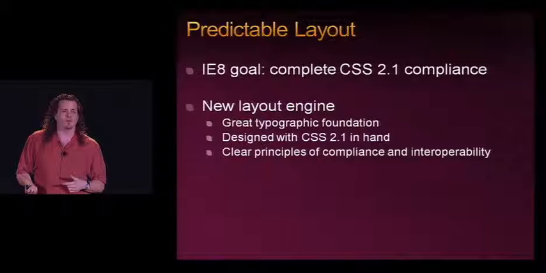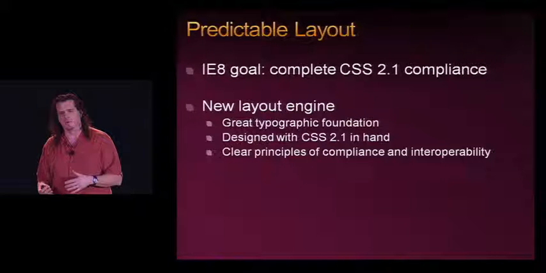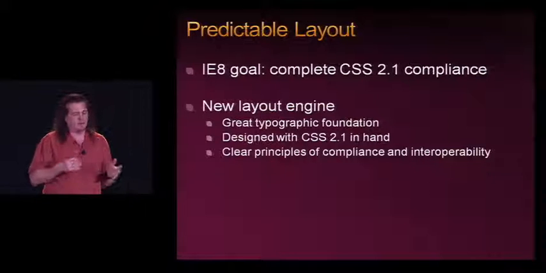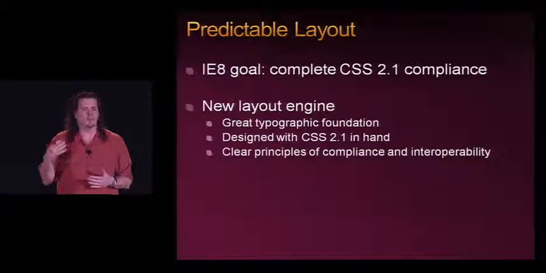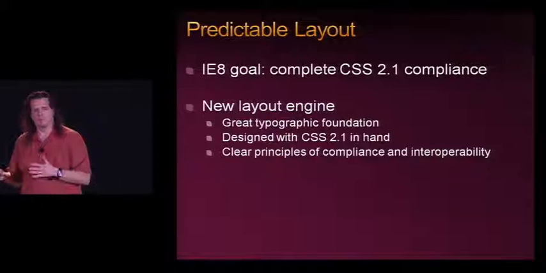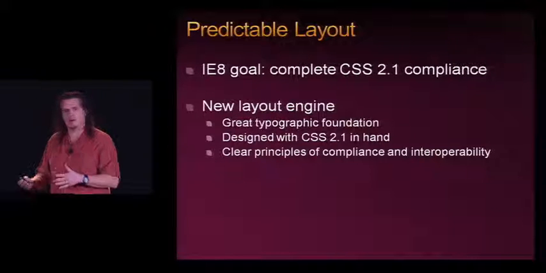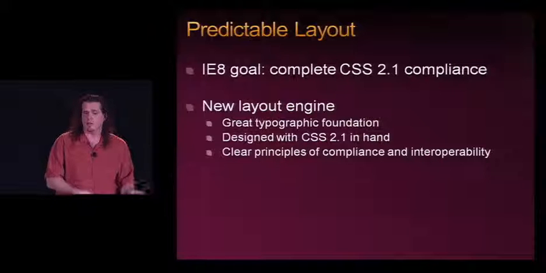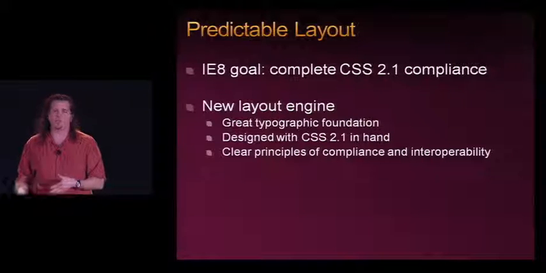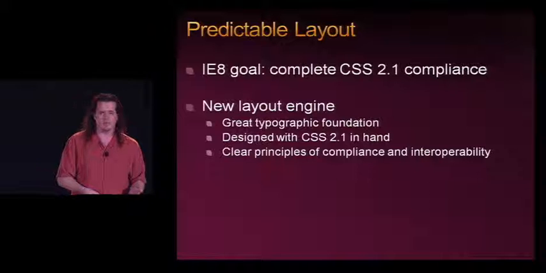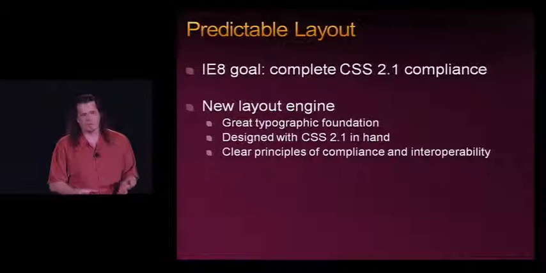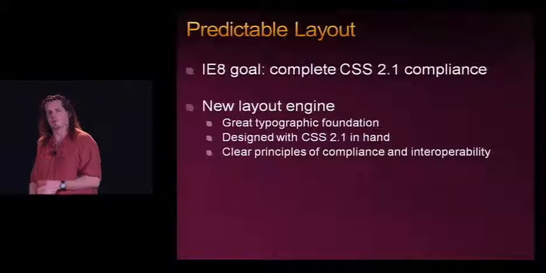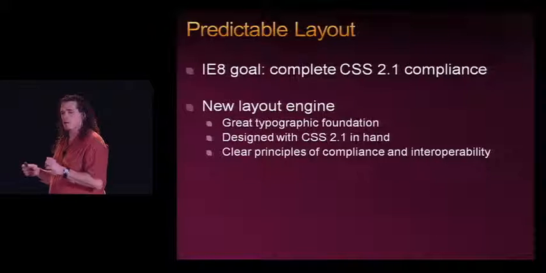So the other thing, too, was we had a clear set of principles on the team around interoperability and compliance and compatibility with other browsers. We didn't just start writing, and if we hit a problem or didn't understand something, just go back and do what IE7 did. We actually looked at what all the browsers did and tried to resolve that in the CSS working group to make it not be ambiguous in the specification. Now, there still are some. We're still working on them. We're still resolving things. But that is our goal.